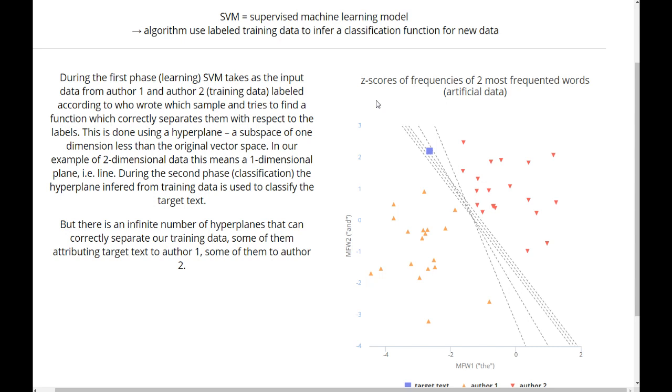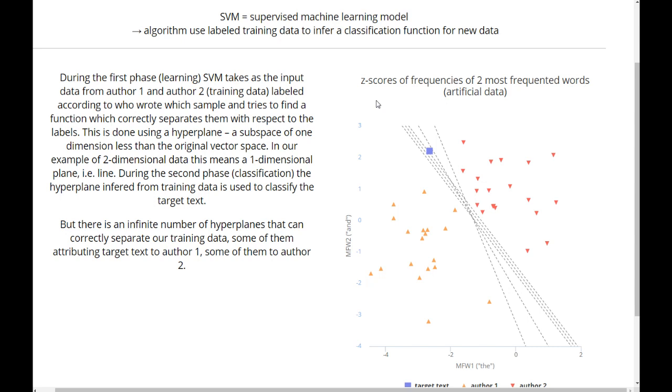In two-dimensional space, this means simply a line. And during the second phase, the classification phase, this function is used to classify the target text, the new data. As you can see, there are infinite numbers of such lines that you may use to correctly separate the orange data points from the red data points,